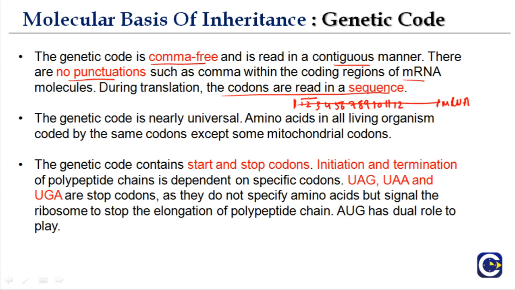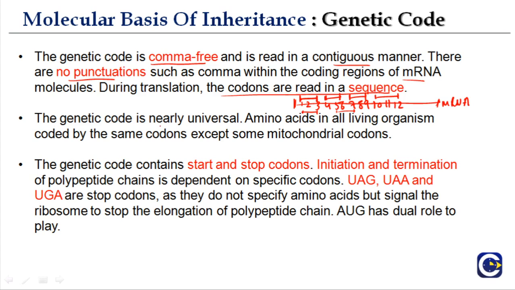So what is a codon? A codon is a triplet. So these 3, again these 3, these 3, these 3. So these are 4 codons, okay. So it will never happen that there is a punctuation. For example, it will never happen that it codes for 1, 2, 3 and then skips 4 and then codes for 5, 6, 7. No. It will always code without any punctuations. 1, 2, 3 is one codon, 4, 5, 6 the second codon, 7, 8, 9 the third, 10, 11, 12. So there will be no punctuations, okay. The codons will be read in a sequence.